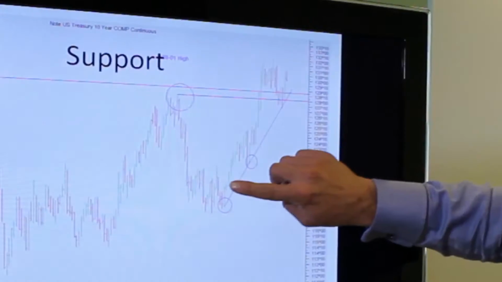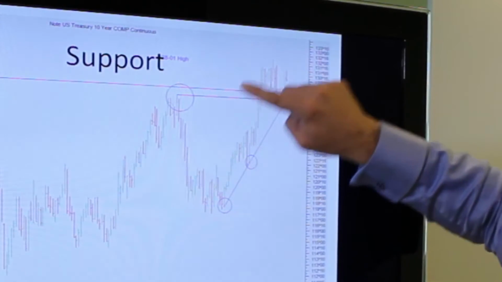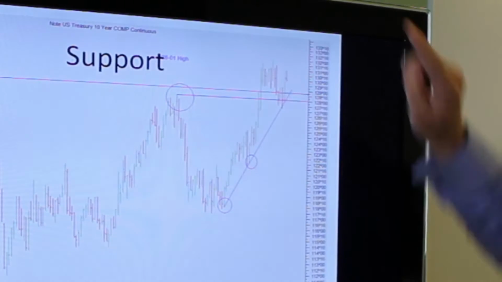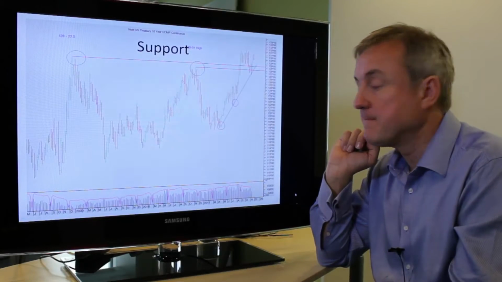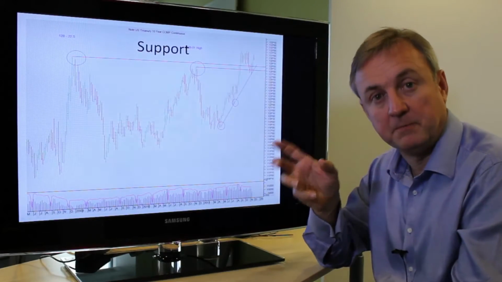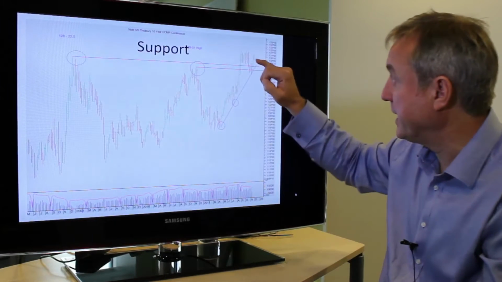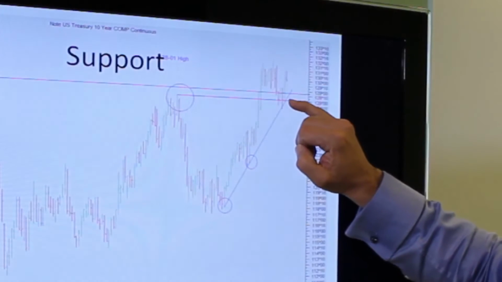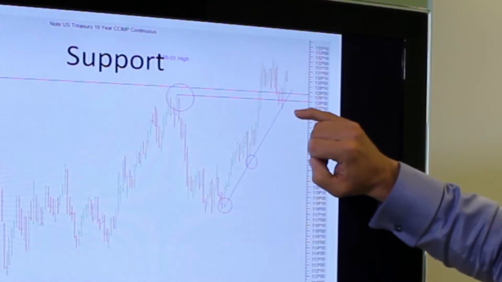See how the market broke up through the prior highs, paused, came down and tested them and bounced off them. Obviously that's a possible buy signal. You could buy here and have stops beneath the band. Beneath the band rather than beneath the diagonal, not least because the diagonal is very steep, but also because the